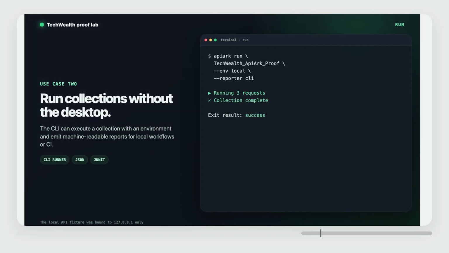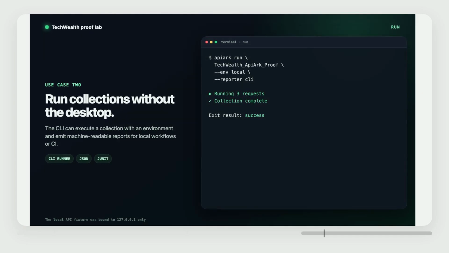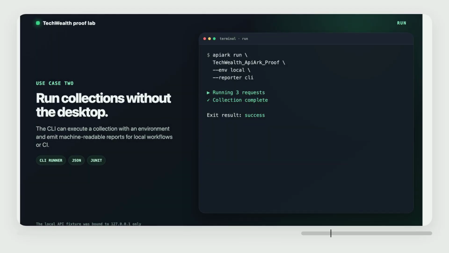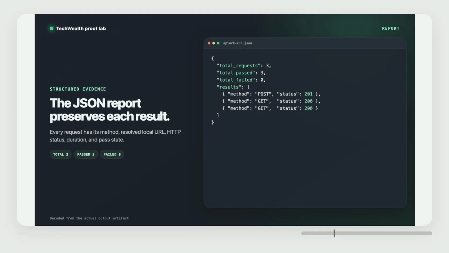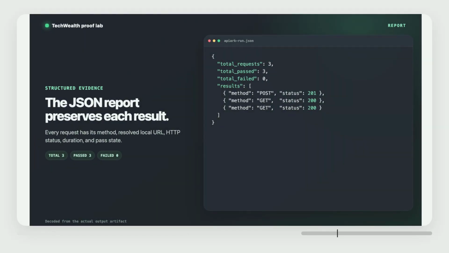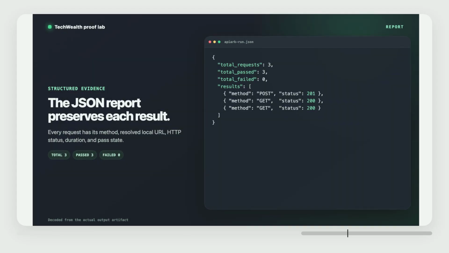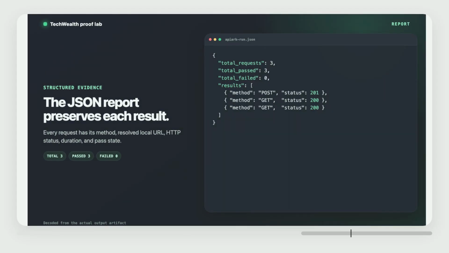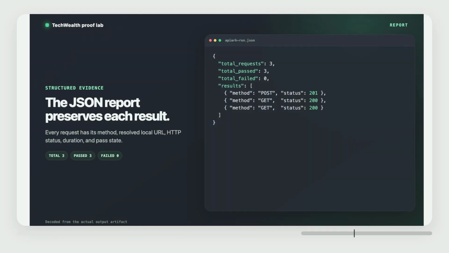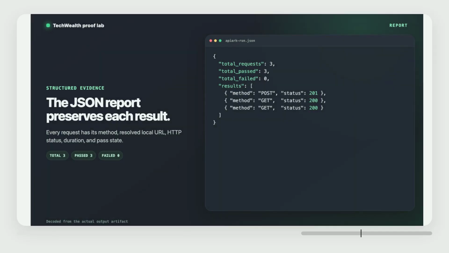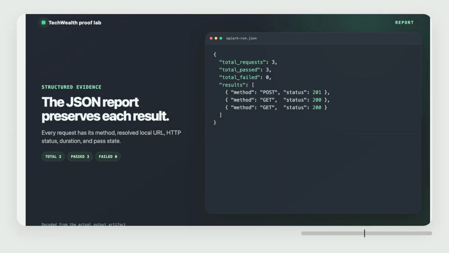After that fix, the collection was exactly what the local first pitch suggests: a config file, 3 request files, and 1 environment file, all readable on disk. No ApiArk account was required. No collection was uploaded to a vendor workspace. The test server listened only on 127.0.0.1. The official privacy documentation says ApiArk does not collect analytics by default, keeps collections and environments locally, and only